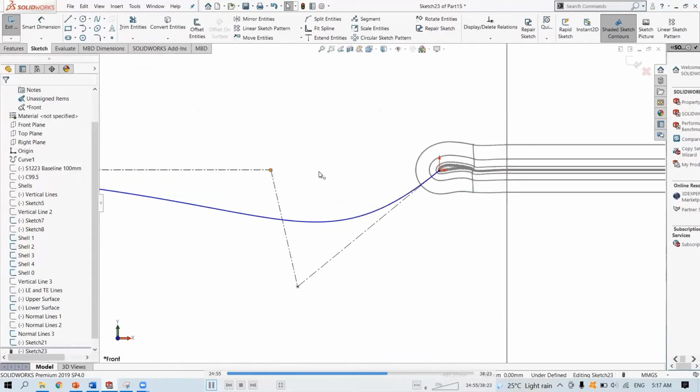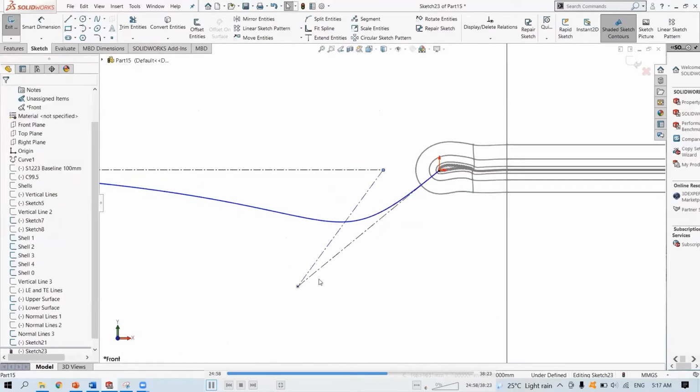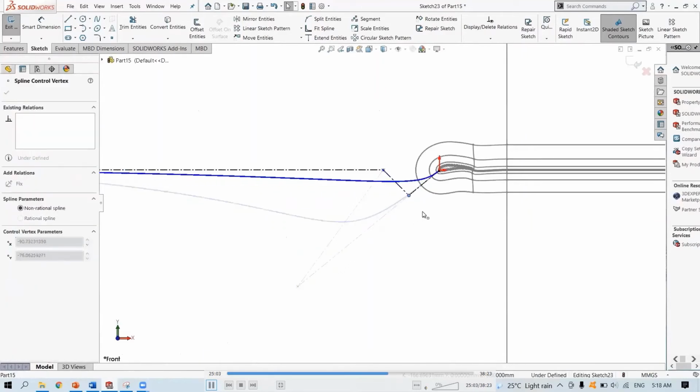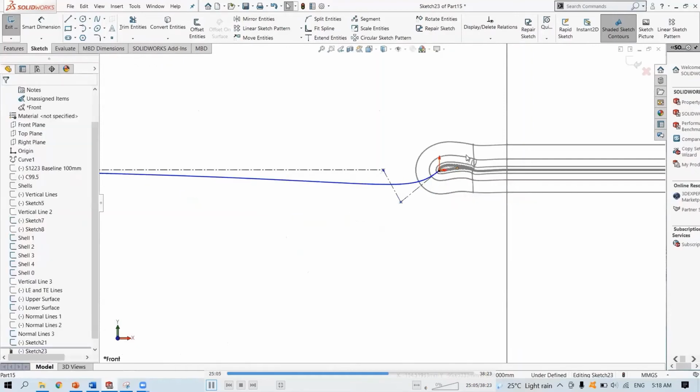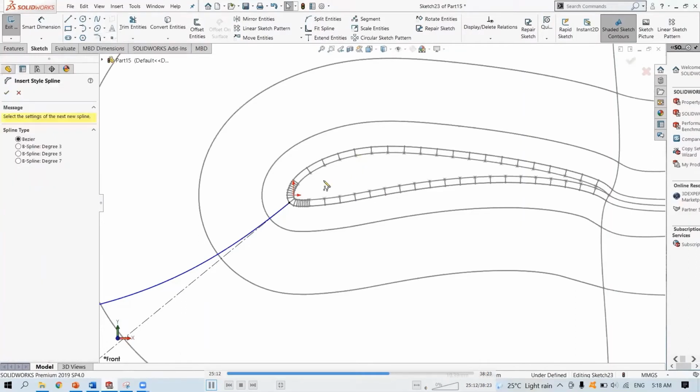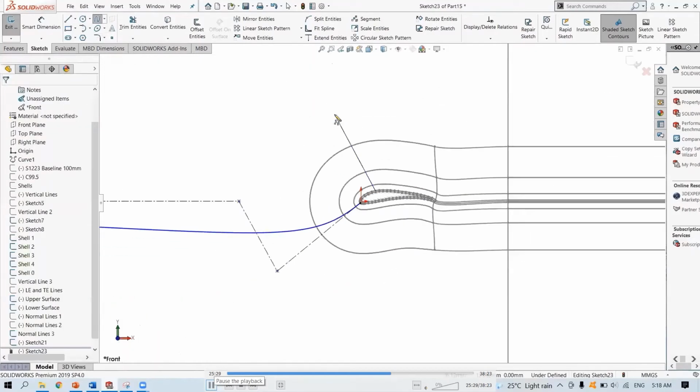Can control and adjust. And then the style line. You can just approximate as you wish, but I'm going to do two on each, three on each side.